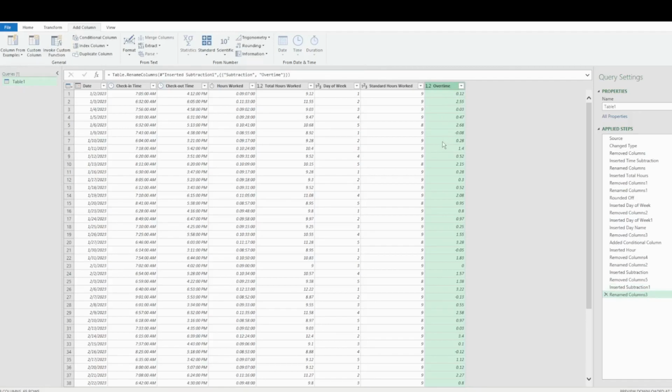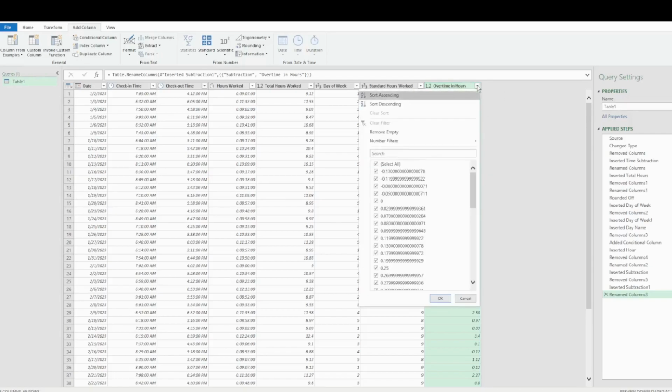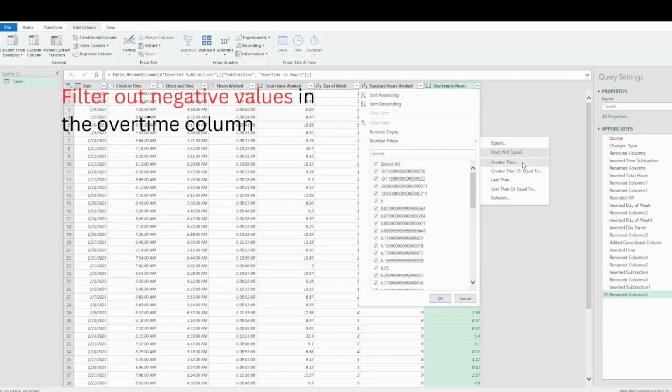As you can see right here, Power Query does not have any problem with negative numbers. And this is overtime in hours. And of course, I do not need the numbers that are negative because I have no overtime. So I can filter them out.